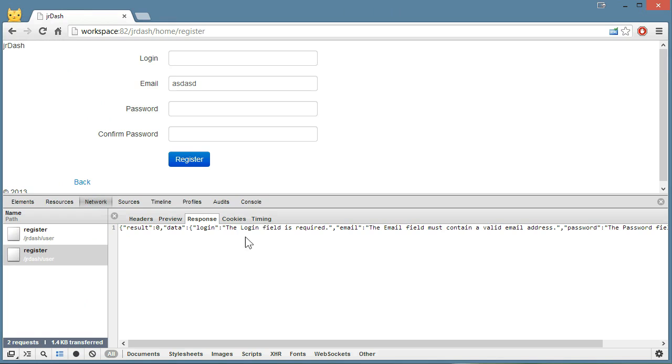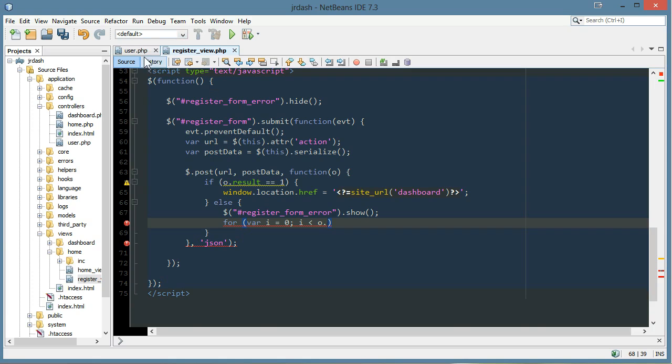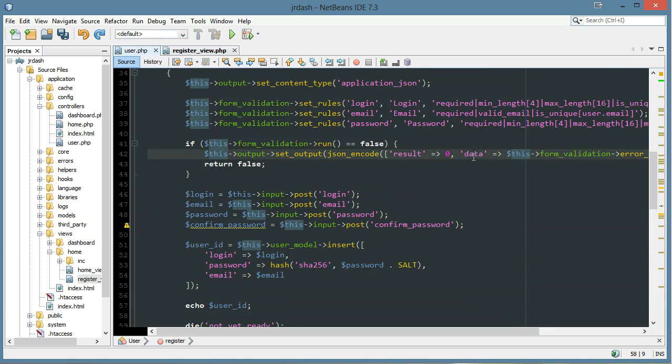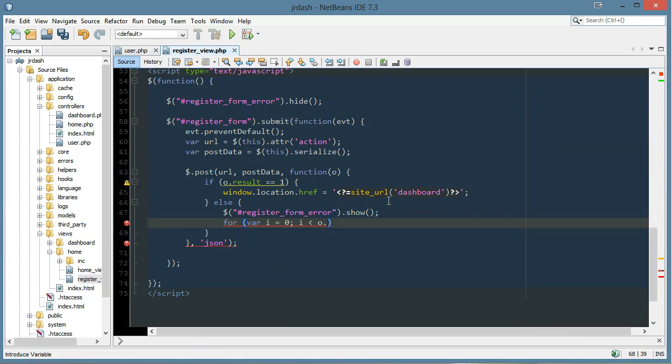So I'll say for var i equals 0, i is less than o dot, and here's where it comes in. Let's go to the page, and right now I have data. I kind of want to pass that as an error tag rather than a data tag. So I think we'll change that in the user, because data sounds like it's something good. Okay, so error dot length, i plus plus,